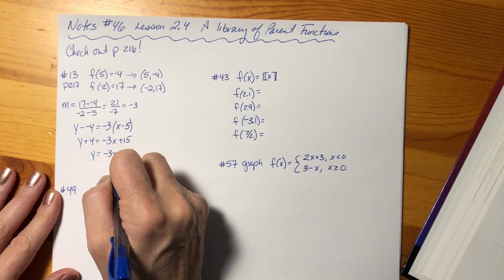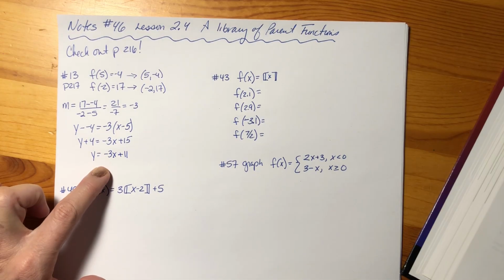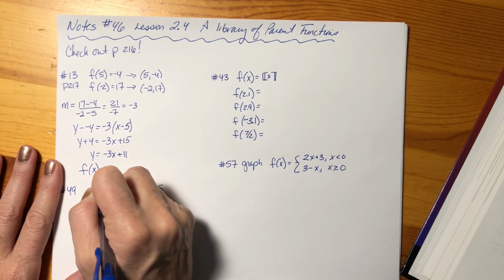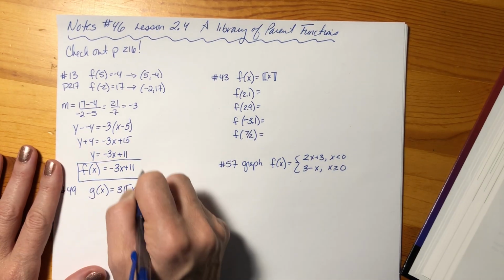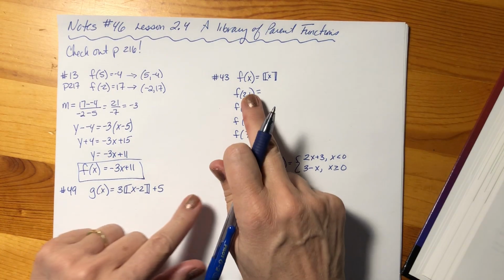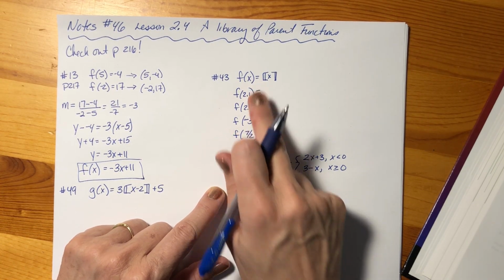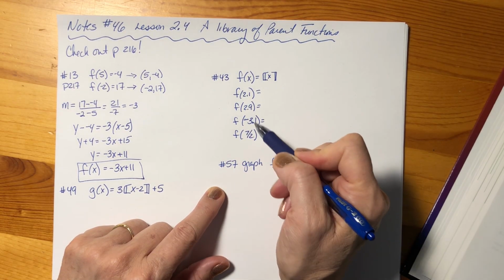plus 11. Now, this is the equation of the line. They asked me to give it in function notation, so I'm going to change it to f of x is equal to -3x plus 11. And there's my function, okay? Not tough at all. Number 43 asked me to figure out what these values of x would be, 2.1, 2.9,